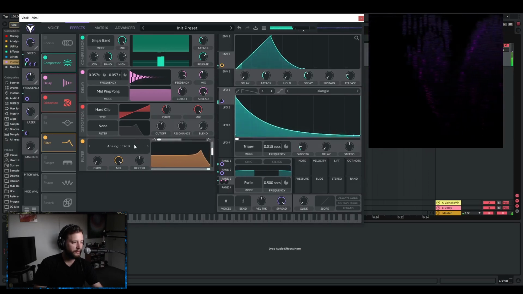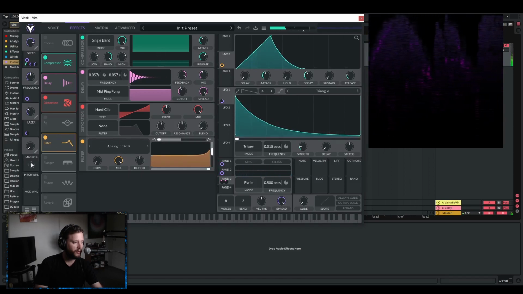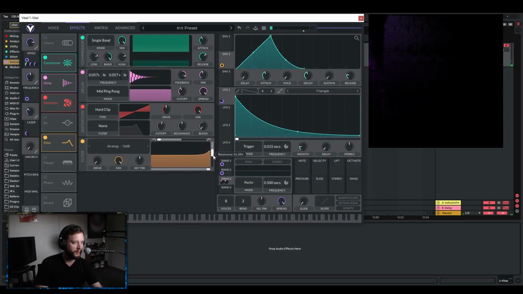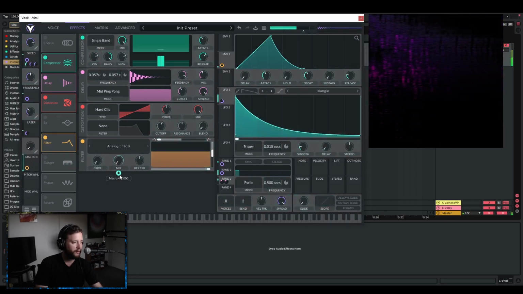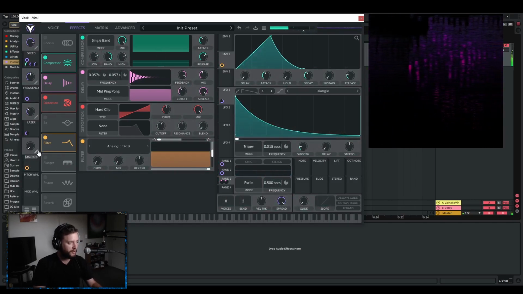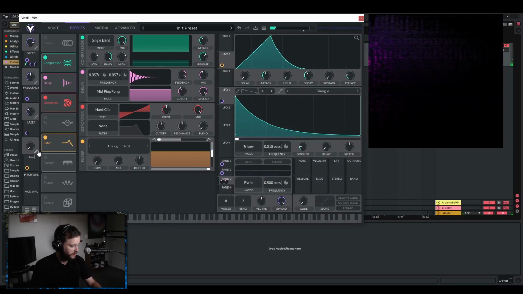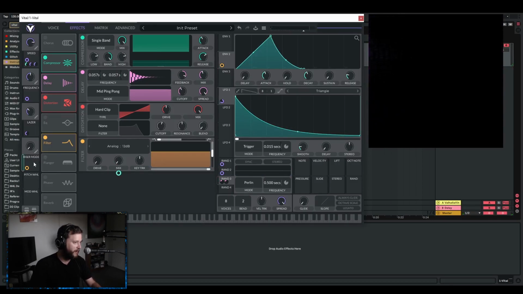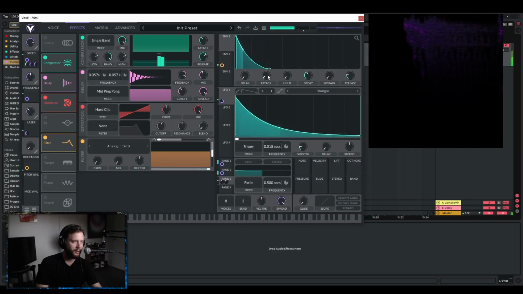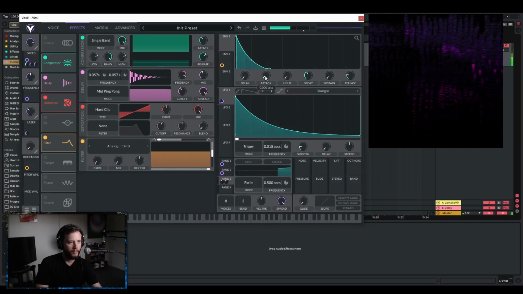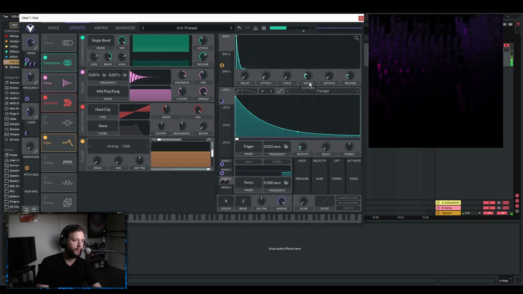Make it into more of a riser, and then on this last macro I'll bring the mix down to 0 and chuck this macro onto the mix of this filter, and then name this riser mode. And now we have a macro that basically turns it into a riser. And maybe I will also do the same with the sustain here. So I'll make it by default to be more of a little